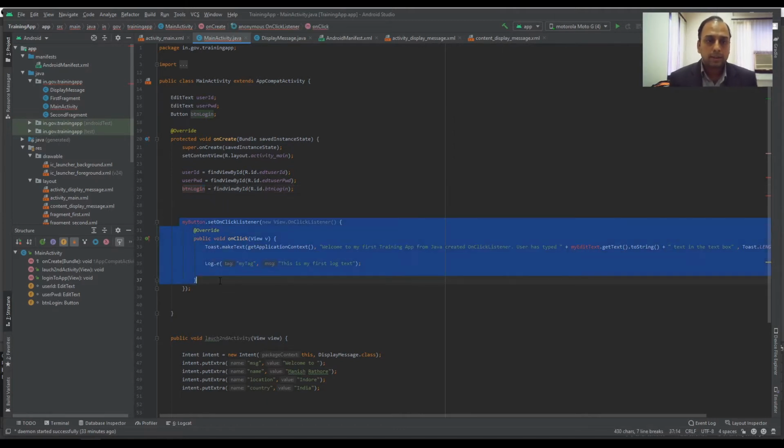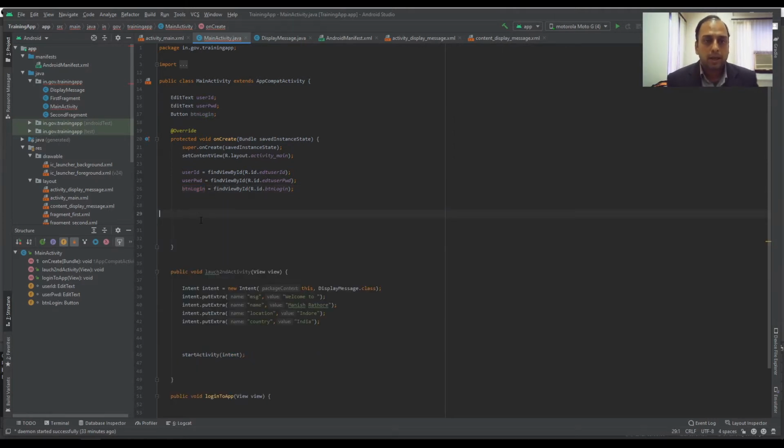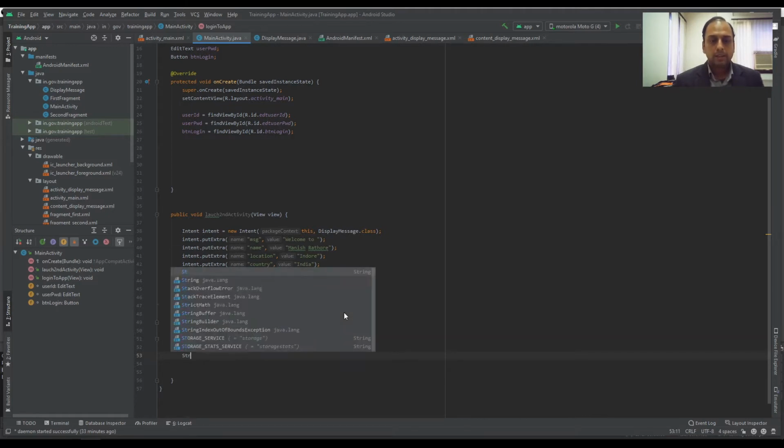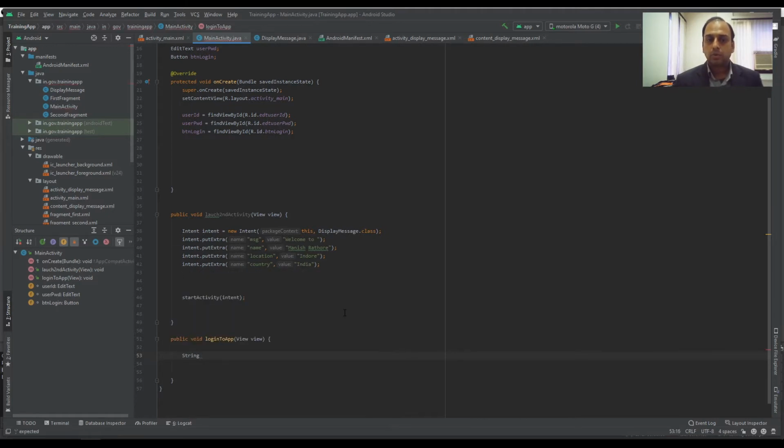Okay, this thing is not required now. And let's see when the user is clicking on this button. Whenever the button is clicked, at that time it should check the value of user ID and password, and it should match with the values that we are giving. Okay, so let's see. String, now string is a new variable,